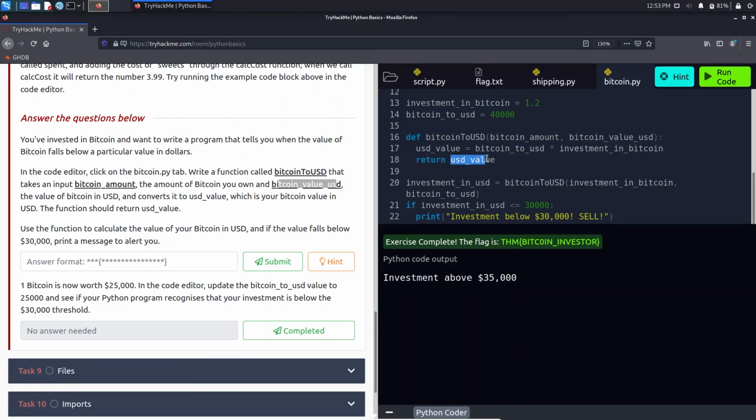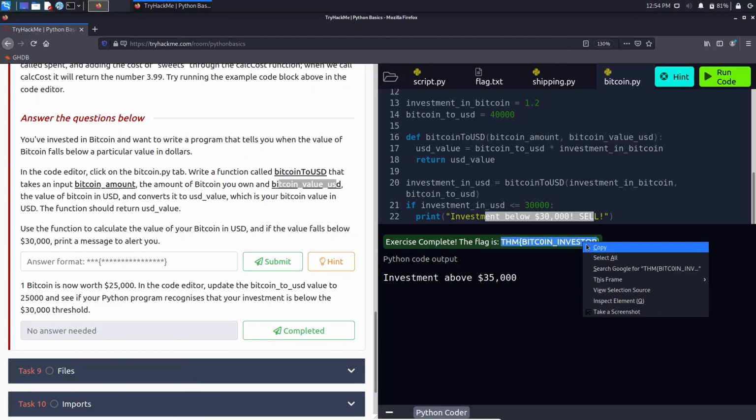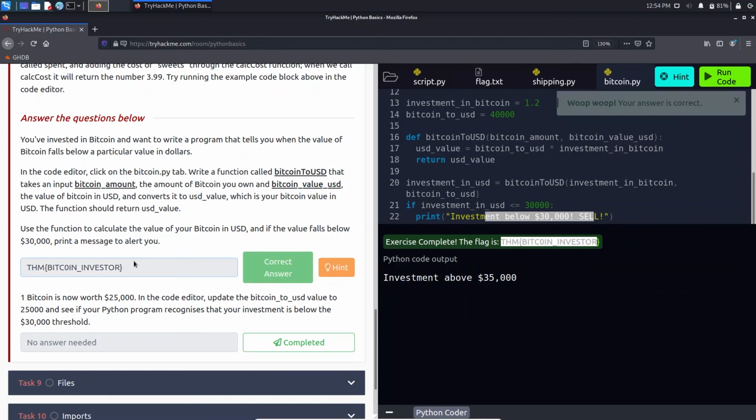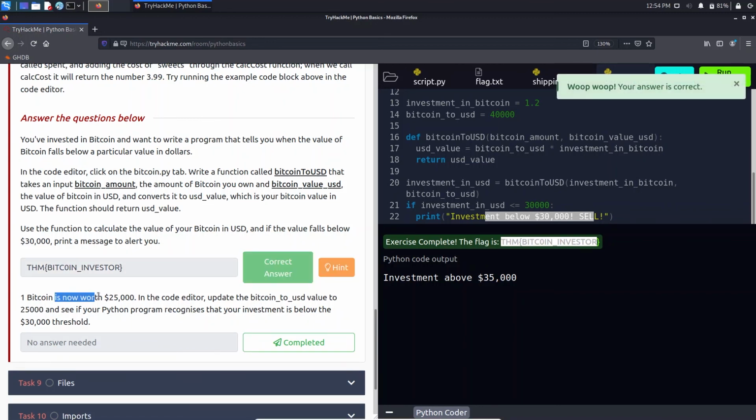If the USD value is greater than 30,000, do nothing, just return the value, and if it's less than that, print this one. Now we have our flag here. Just copy and paste that here.